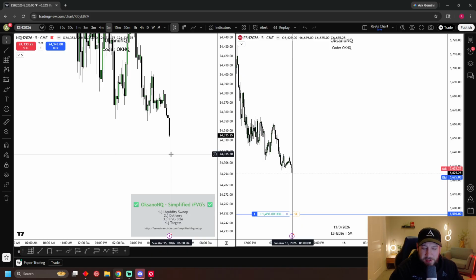Should we chart on MNQ if that's what we're executing on? Wait for the confirmation setup on NQ, but your targets you need to base off of MNQ. Your targets, your BEs, everything like that. I almost feel like it's better to go off MNQ and be like, okay, even if NQ didn't get the sweep, but MNQ did, I'm going to get out. You know what I'm saying? I feel like most of us are trading MNQ.